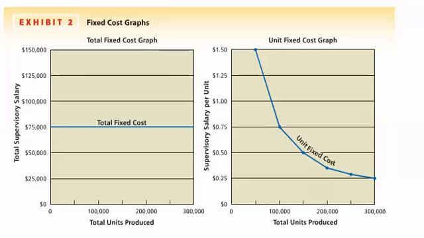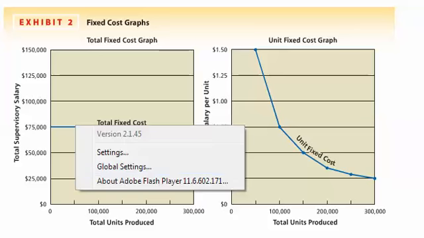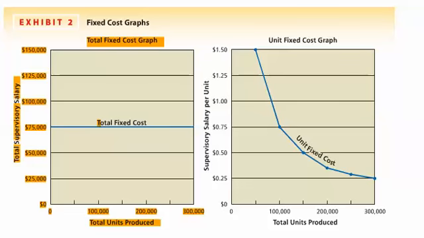We have $75,000. So if we do 0 units, we're going to have a cost of $75,000. If we do 100,000 units, our cost will still be 75,000. 200,000 units, still 75,000. And 300,000, it's still 75,000. So we can graph our fixed costs. Our graph of the fixed cost is going to be a level line going straight across at 75,000, regardless of